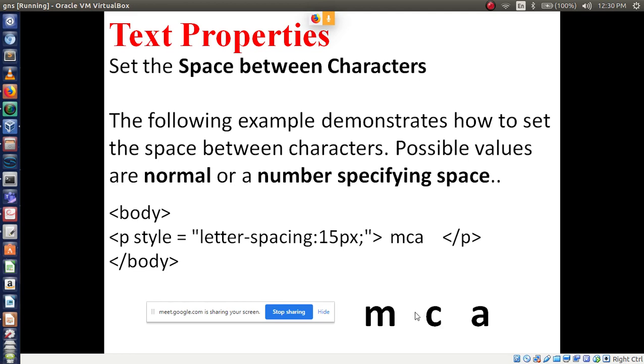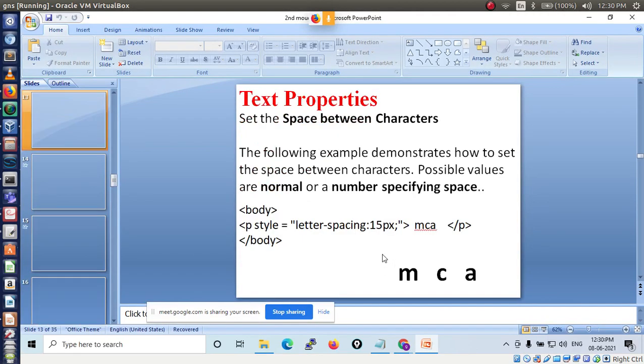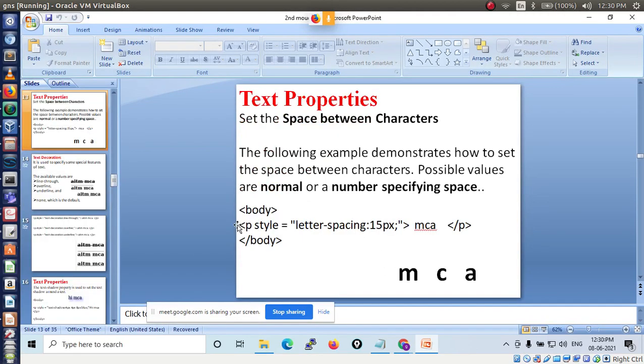It is possible with the help of the letter-spacing property. How much space you want, you have to mention in the value followed by px or pt. The choice is yours. So it is space between characters. We will see this demo because only with practical will you understand letter spacing.